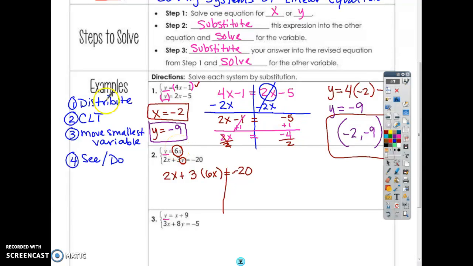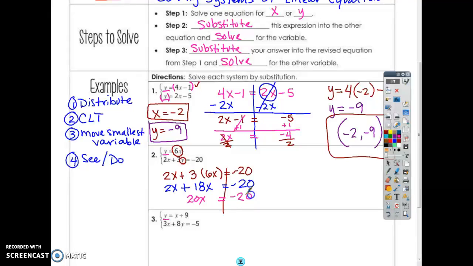Step number 1, distribute, so I can multiply these two. What's 3 times 6x? 18x. So I have 2x plus 18x equals negative 20. Step number 2, combine like terms. Is there something for me to combine on the left side? Yes, they look alike. They both have x's. This is an x, this is an x. You add them. So what's 2x plus 18x? 20x